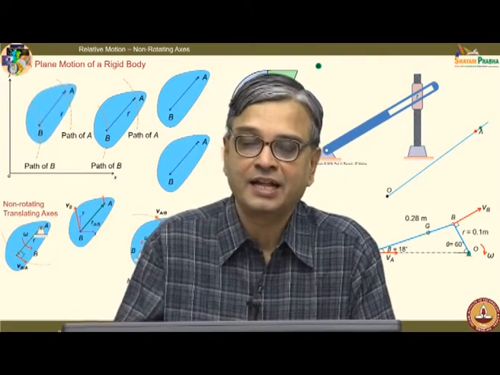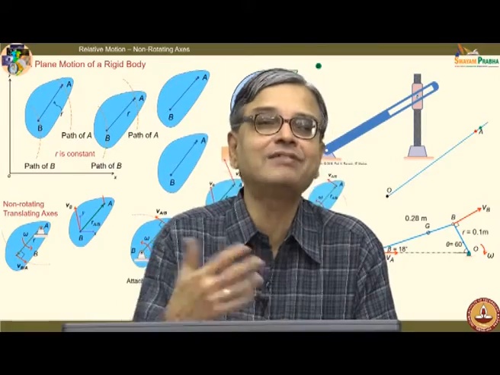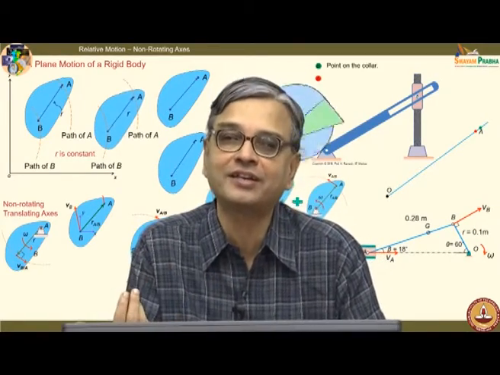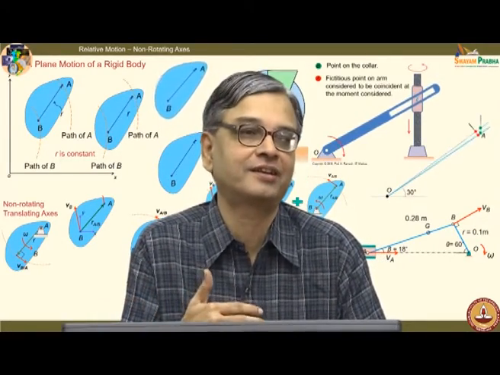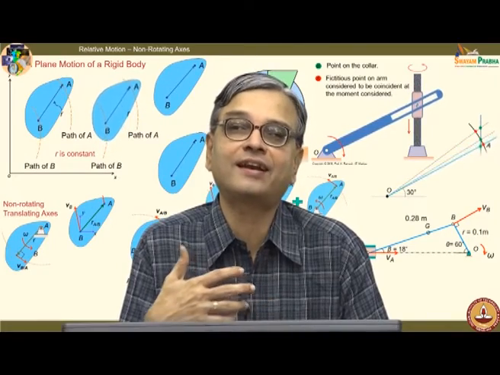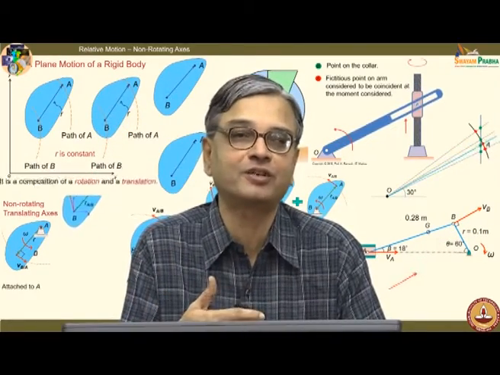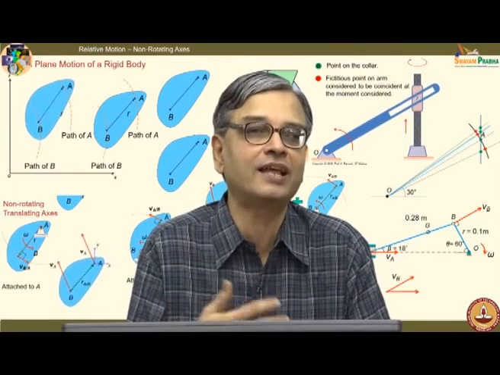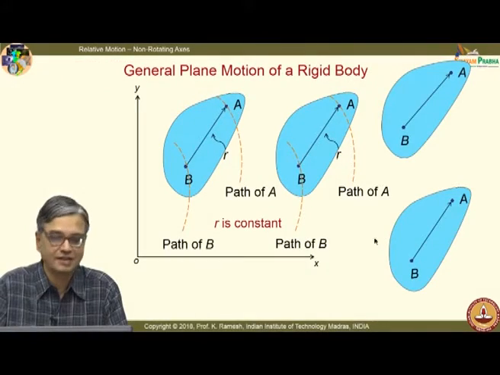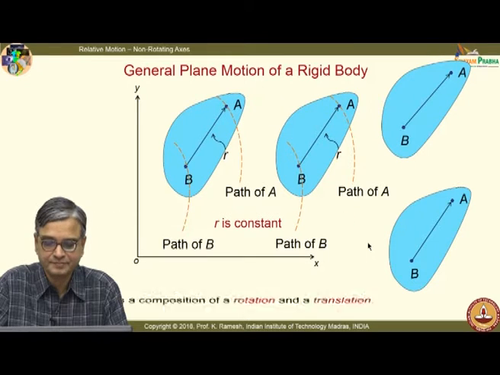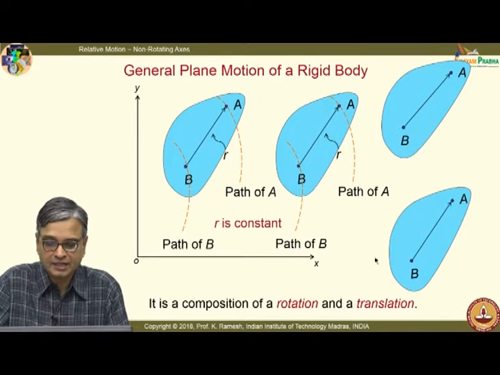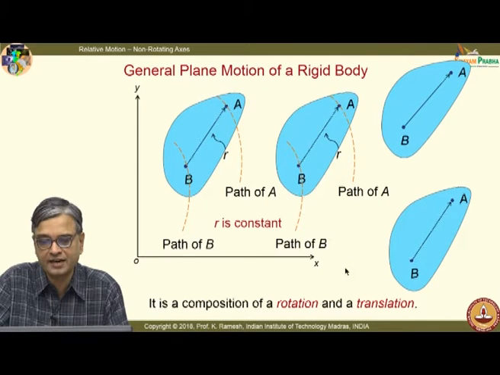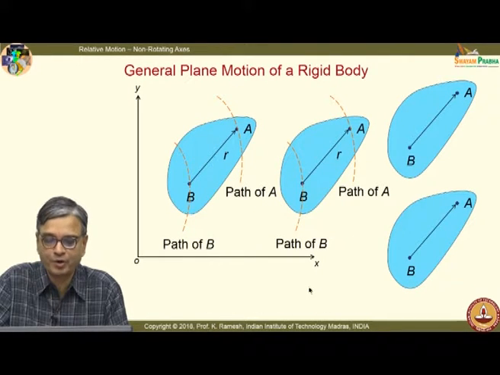Okay. Can I ask a question? Suppose I reverse this order. We have seen rotation followed by a translation. Now, let us look at translation followed by a rotation. Do you think it will remain the same or there will be a difference? Let us see what it is. The central idea is general plane motion is a composition of a rotation and a translation. It's a very subtle point. If you understand it, you can enjoy solving problems.